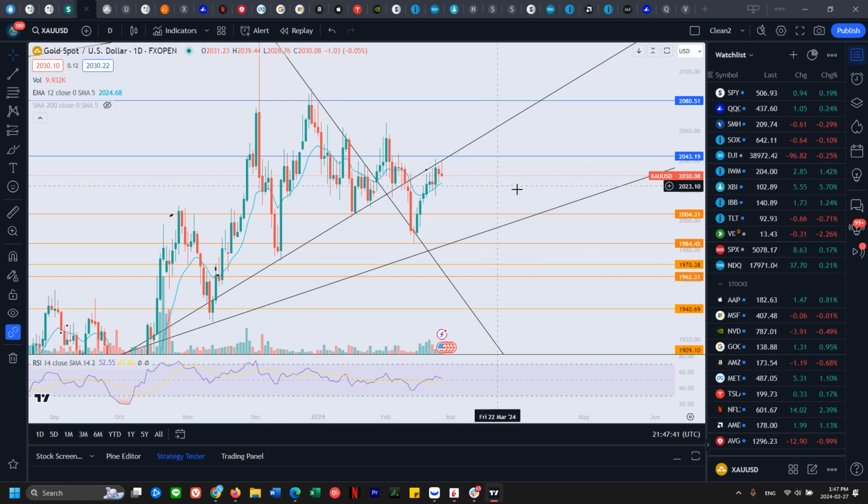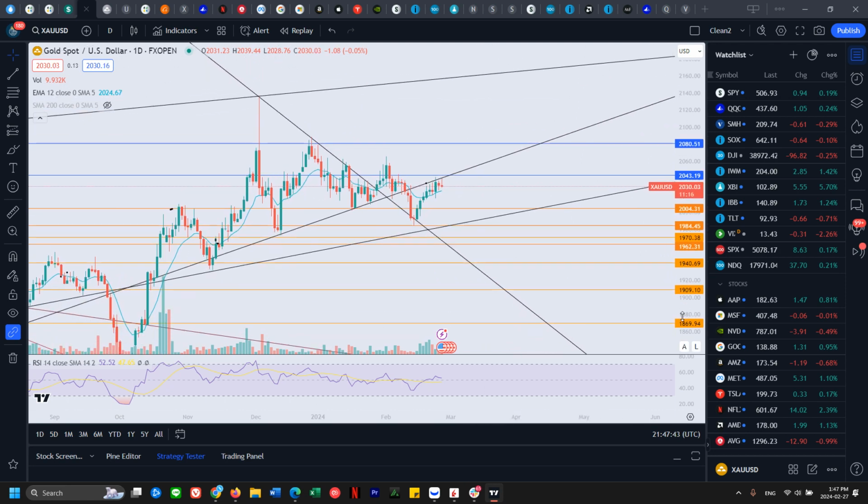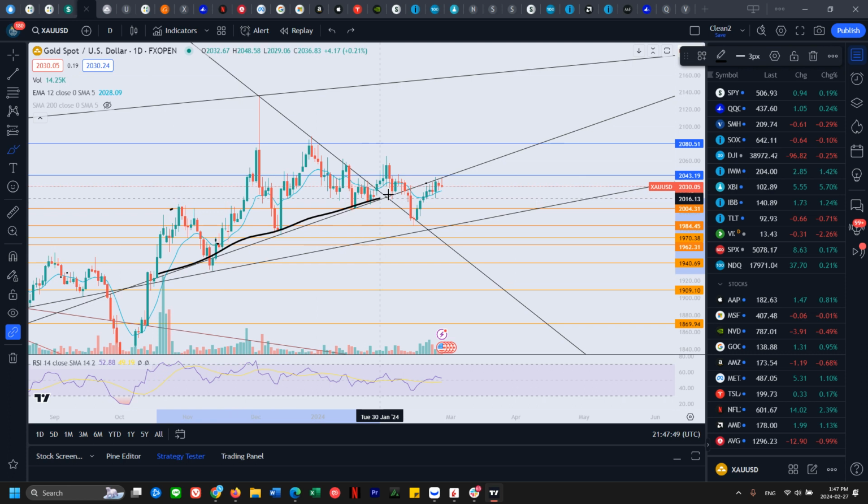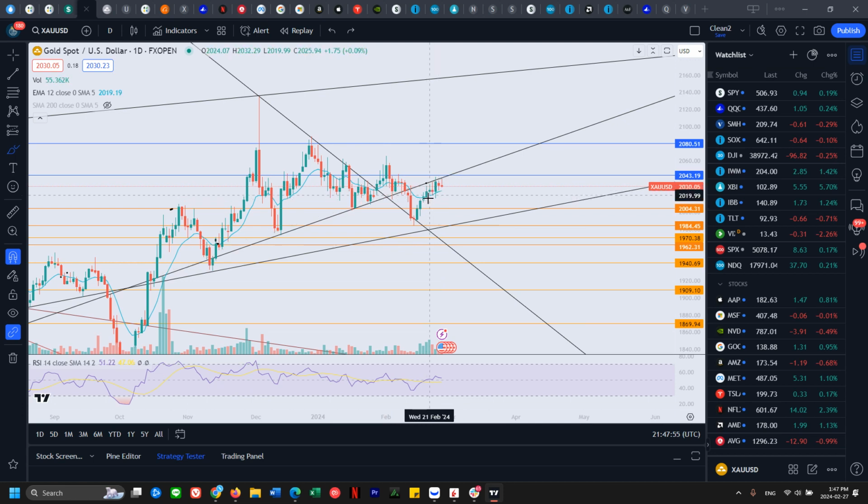Let's take a look at gold. So gold still cannot get over this black looking line that we have been talking about for the last week and a half. This one right here. Support, support, support, support, support. Now we're below it, it's going to act as resistance. So you can see that 7 times we have tested here. We still cannot get over it. So as long as bulls cannot get over that, gold bulls aren't going anywhere.